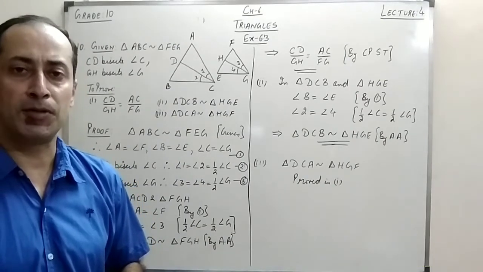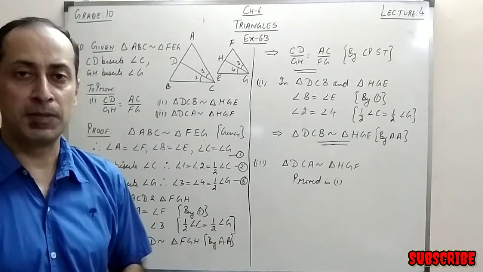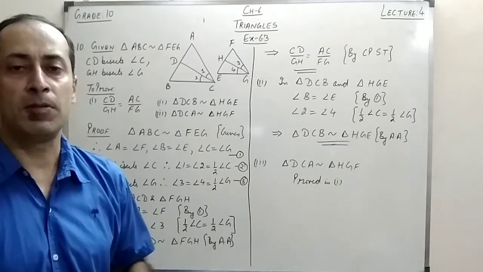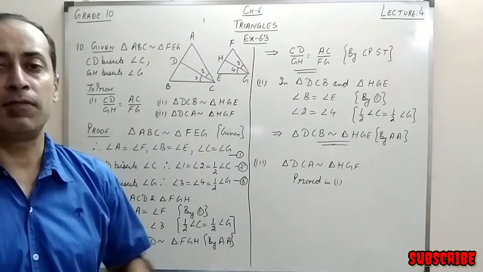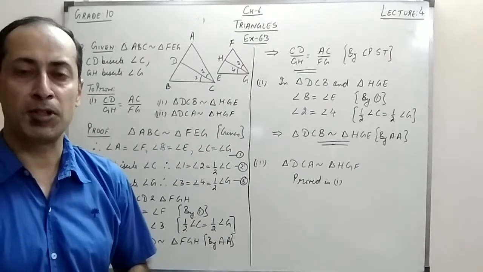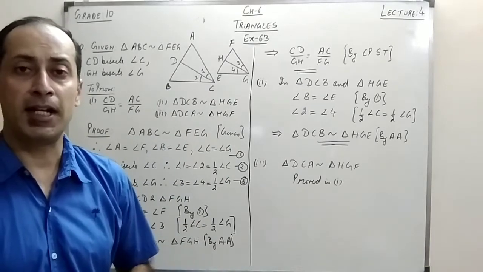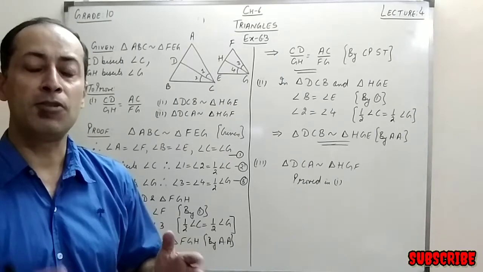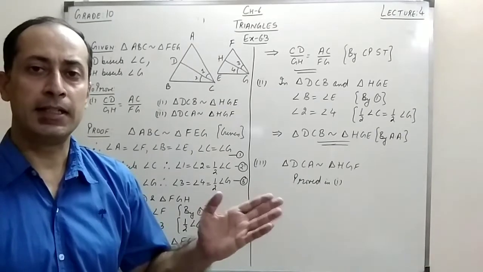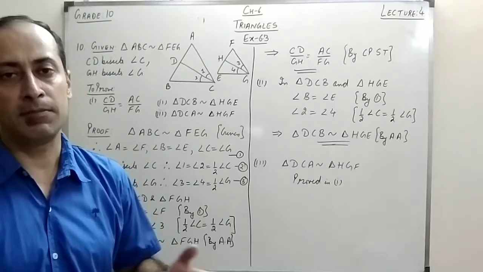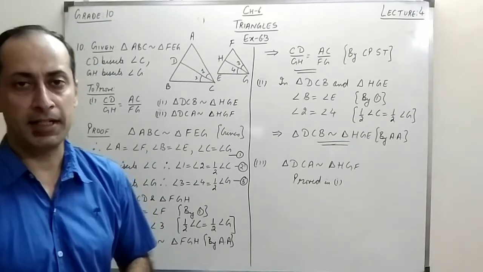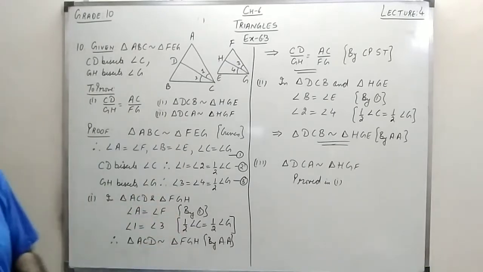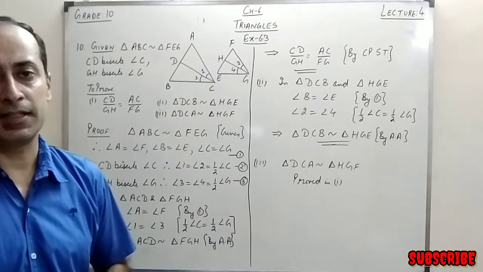Now, if you think about the basic proportionality theorem, what is the problem? We don't have any line parallel. Because if you remember, in the basic proportionality theorem we draw a line which is parallel to one of the sides, and then the sides come in the same ratio. But here that is not the case. So we will have to prove the triangles as similar.